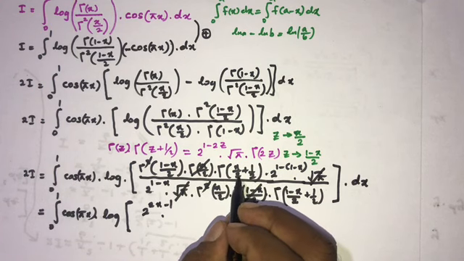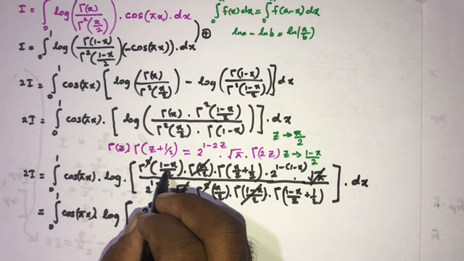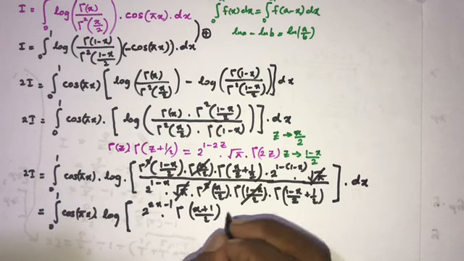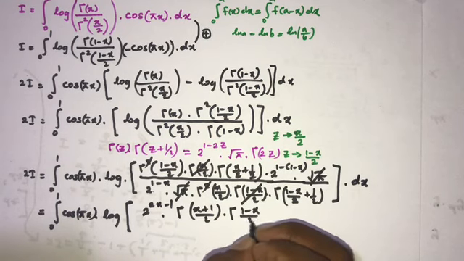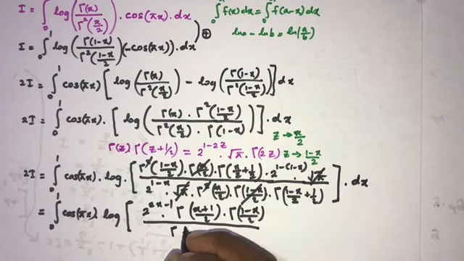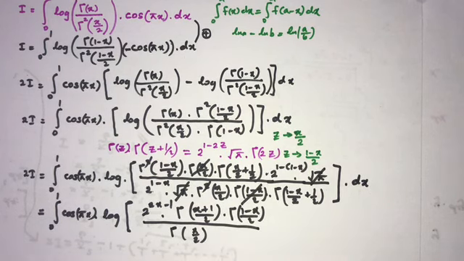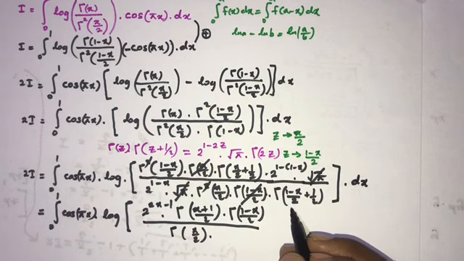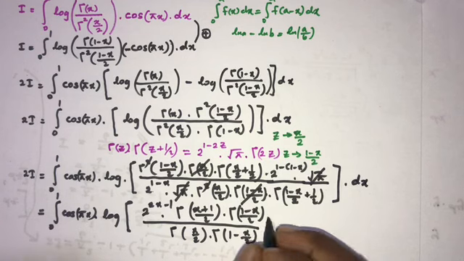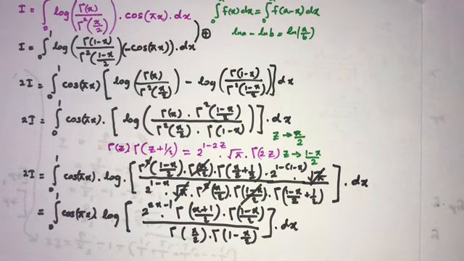Then here gamma of 1 plus x over 2, here gamma of 1 minus x over 2, so gamma of x plus 1 over 2, gamma of 1 minus x over 2 over, now here we have gamma of x over 2, gamma of x over 2 times gamma of, here 1 half we know 1, so 1 minus x over 2, gamma of 1 minus x over 2, here dx. Okay, then